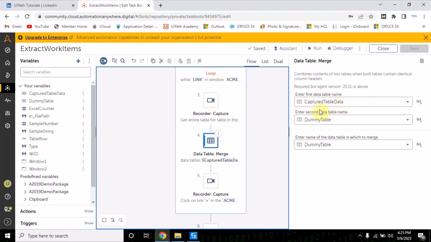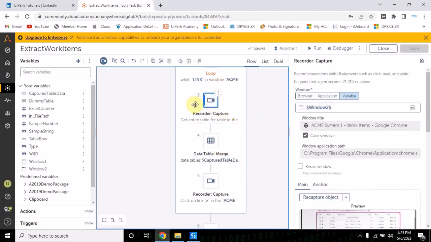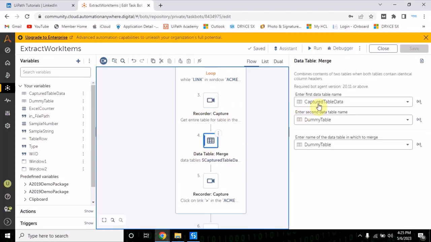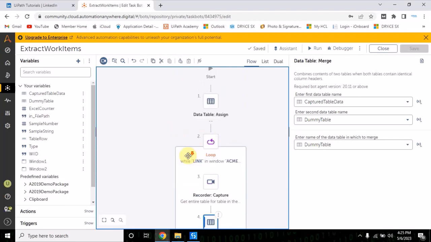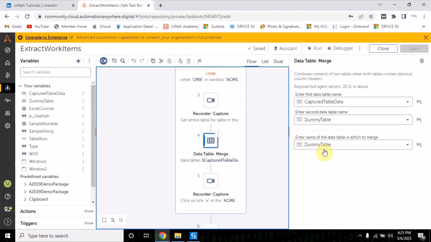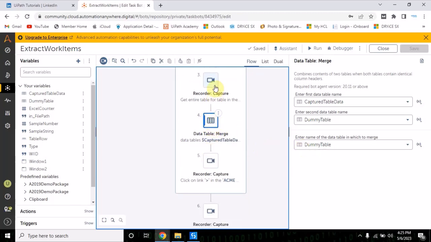So this capture table data is coming from this recorder capture, and I'm passing this one. The dummy table I have already created above. If you see, this is the dummy table I have created with the columns. And when I'm merging this data, I'm putting it back into the dummy table again. That means our dummy table will have all the data in the end. Once the recorder captures the first page, it puts the data into the dummy table with the help of the Merge Data Table action. Then